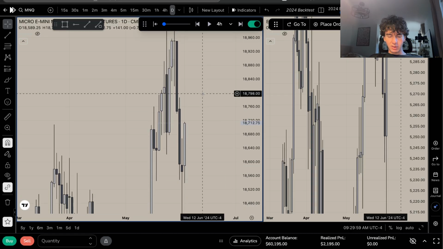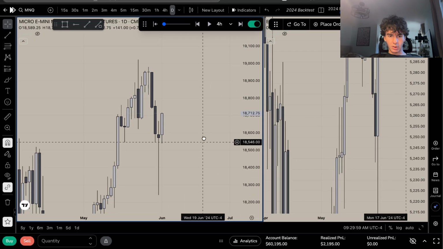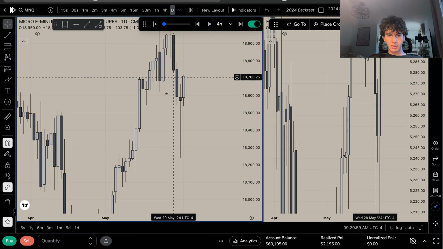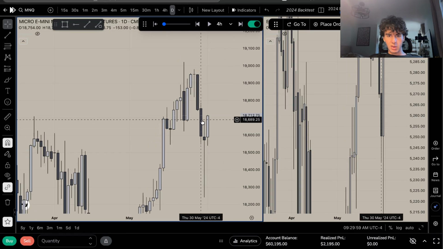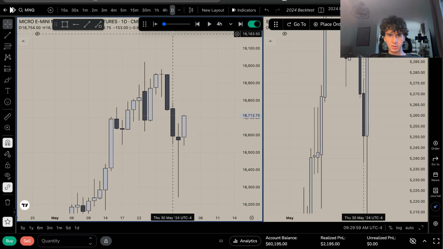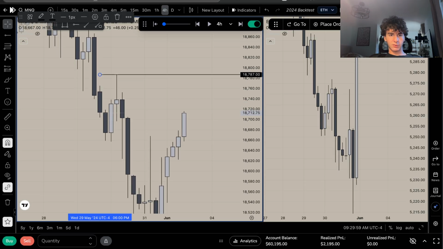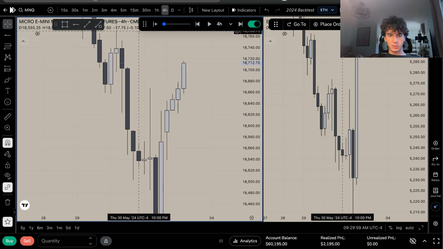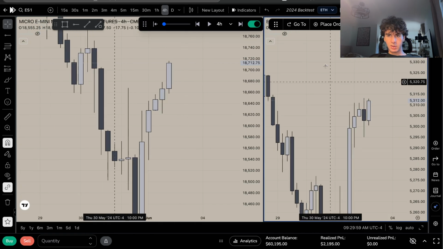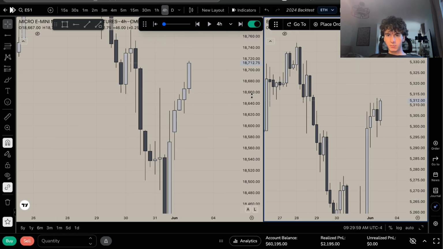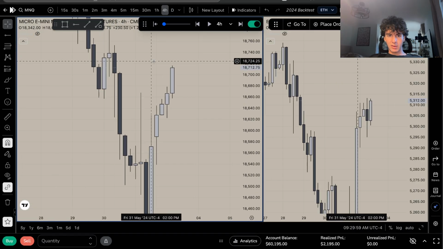So what am I seeing here? We have this really strong daily rejection block off of these daily gaps. Even though we are in this daily bearish gap here, I'm not convinced that's going to send us lower, especially with this 4 hour here. This is an unfilled daily, and then let's see what ES is doing. ES is looking pretty bullish as well, I would say.